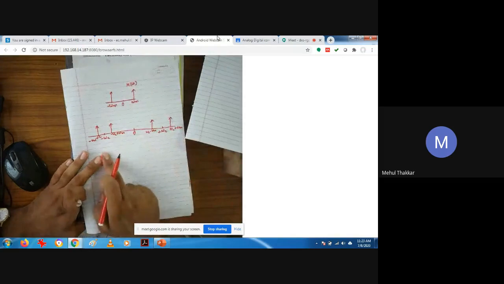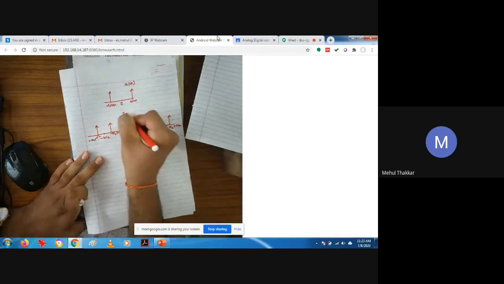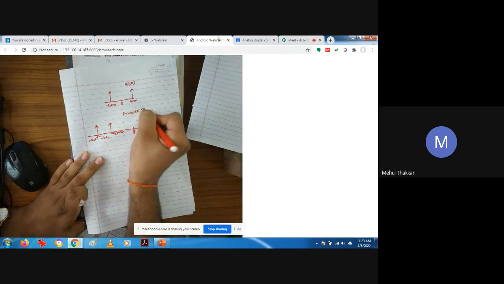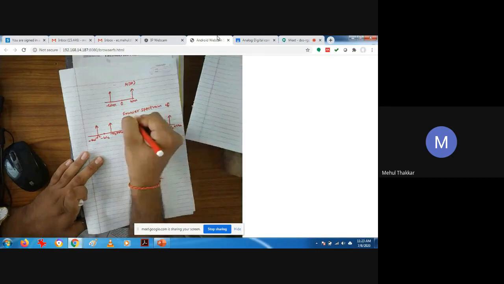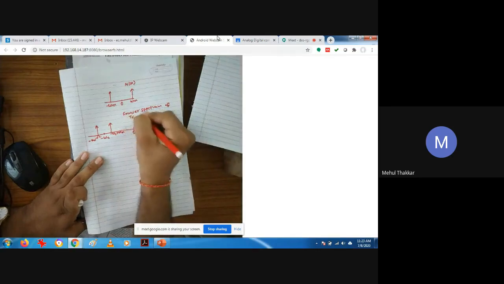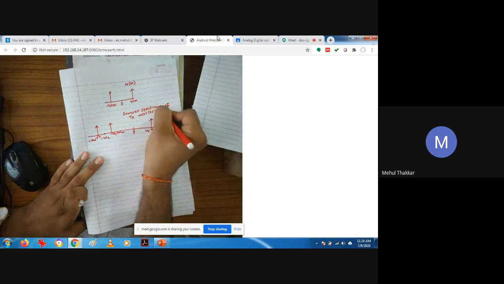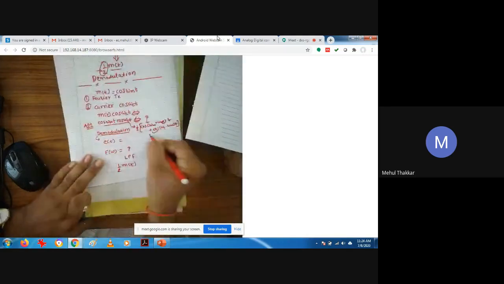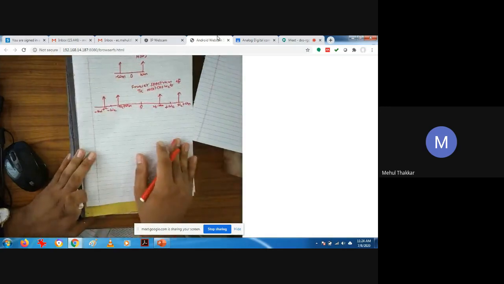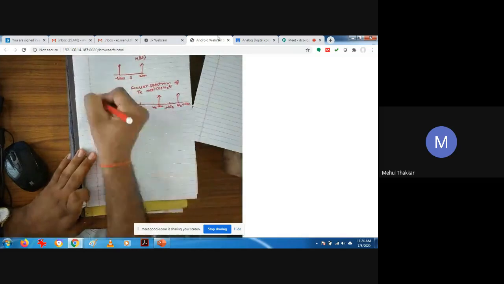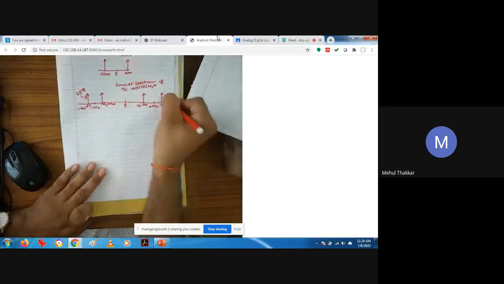This is the Fourier spectra of the modulated wave, the modulated wave which is transmitted. That will be your m of t into cos omega ct. I resolved m of t cos omega ct into terms, and I have just drawn its Fourier spectra. So this will be your spectra. This spectra contains two bands. This is called the upper sideband, as I explained earlier. It contains two sidebands: this is the upper sideband, and this is the lower sideband.